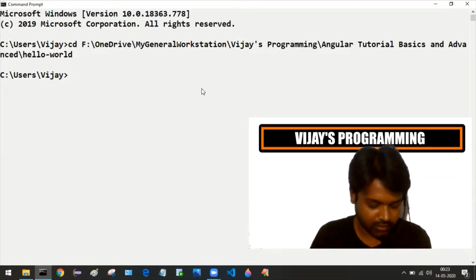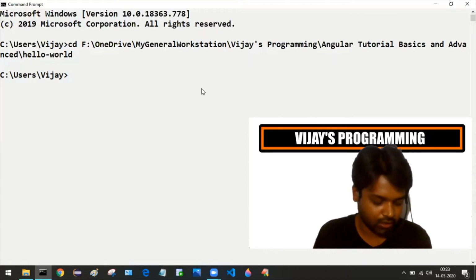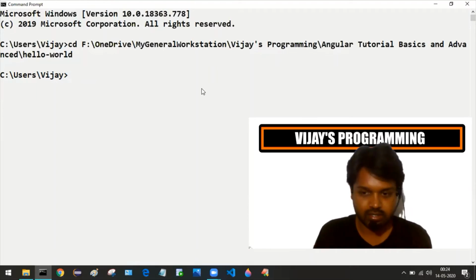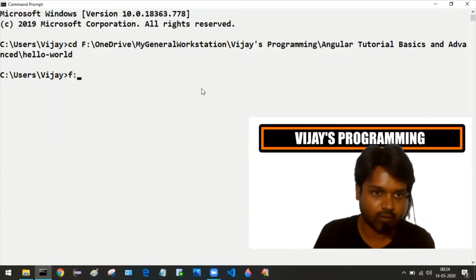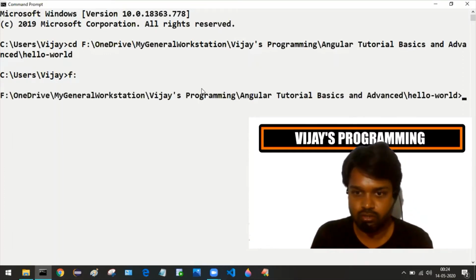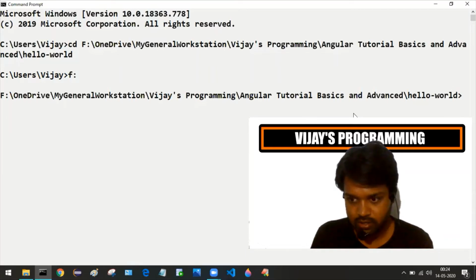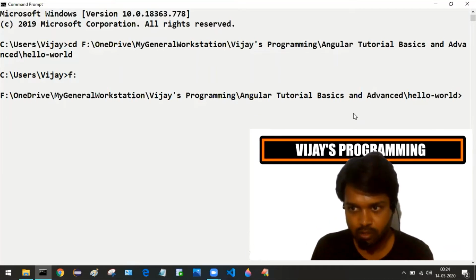Still we are not in the location of the project's root folder. For that you need to give the name of the drive. In my case that is f. Give the name of the drive, and following that you need to give a colon. Press enter. So now we are in the project's root folder, the app's root folder.